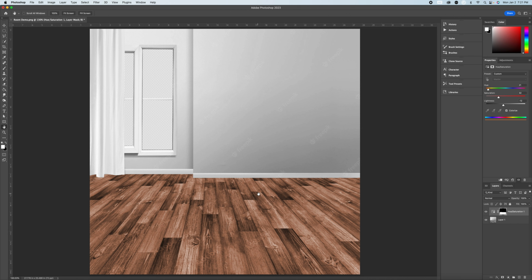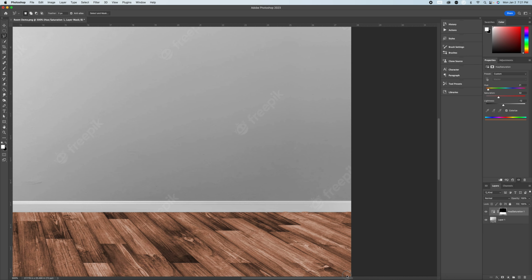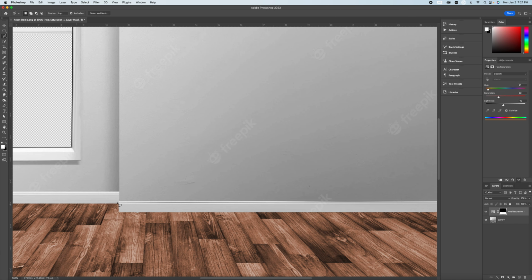Once we have our floor color, now we're going to look to color our walls. I'm going to go back over to the polygon lasso tool, and I'm going to zoom in because we want to select out the wall area, not including the molding. Over towards where the molding meets the wall, I'm going to click a point, follow along the molding,